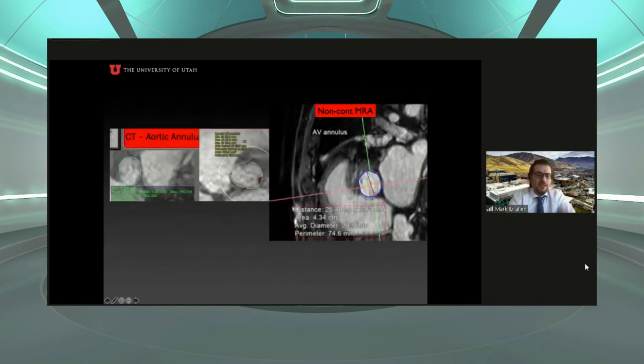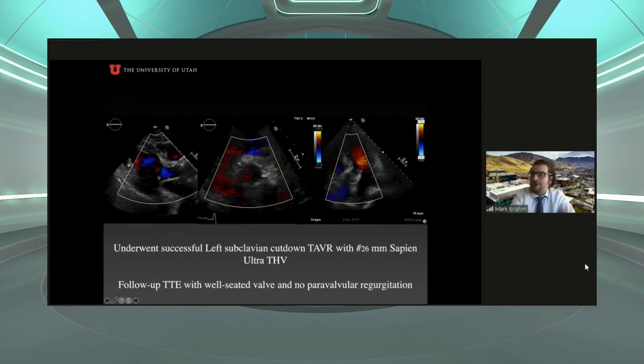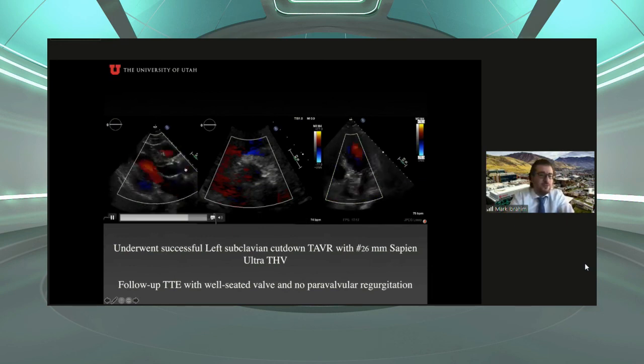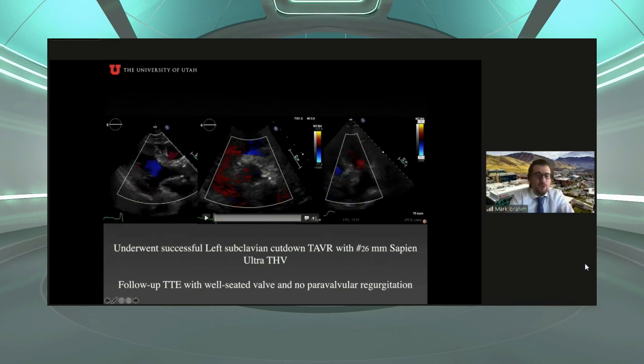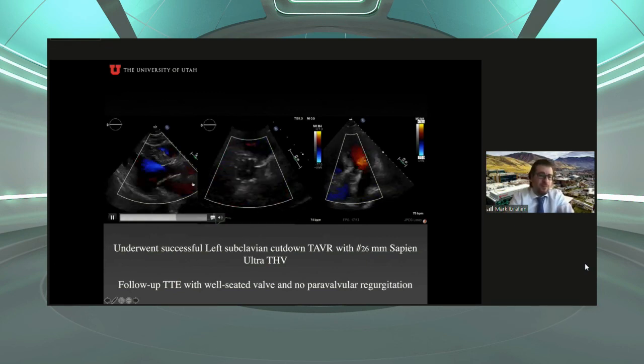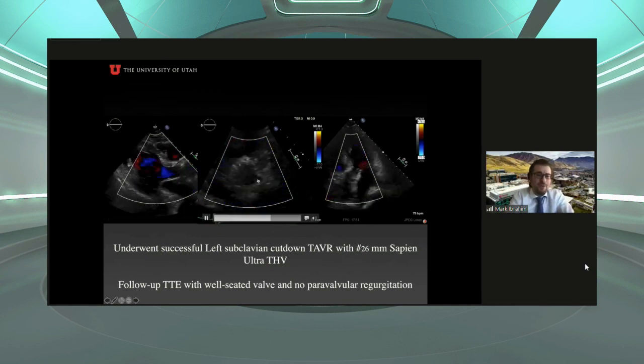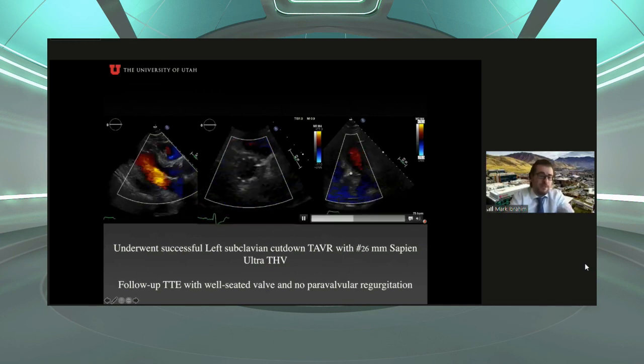This patient had two modalities, CT and non-contrast MRA, and the annular measurement was 4.3 centimeters squared versus 4.4, which was concordant and indicated a Sapien valve 26. Dr. Tanda performed this, and those are post-valve deployment echo images, beautiful, a well-seated prosthetic valve and no paravalvular or valvular regurgitation. The patient did very well